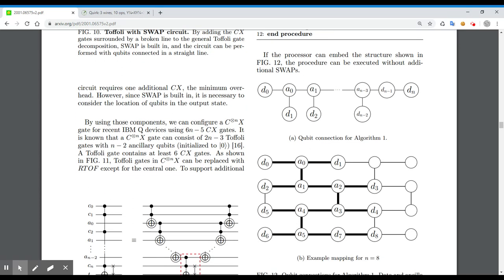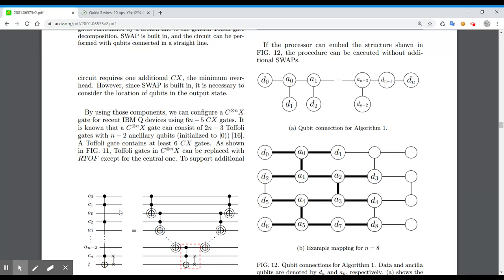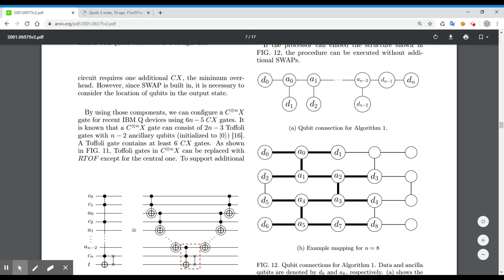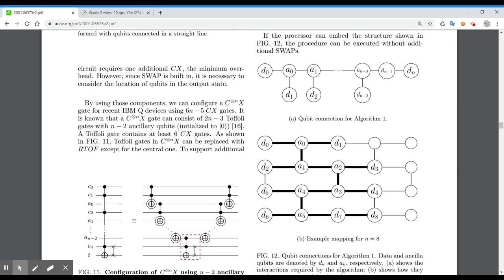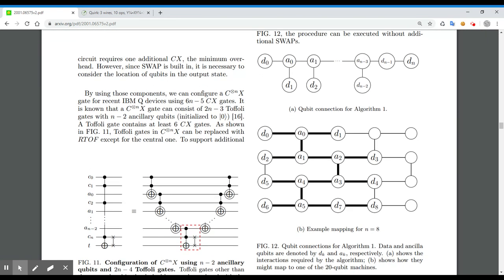A Toffoli gate contains at least, because our target is to build an N controlled X gate. Like if our Grover algorithm is on 4 qubits or 3 qubits, we need a 3 control X gate for the amplitude amplification. By using those components, we can configure. Okay. So this is how you build a